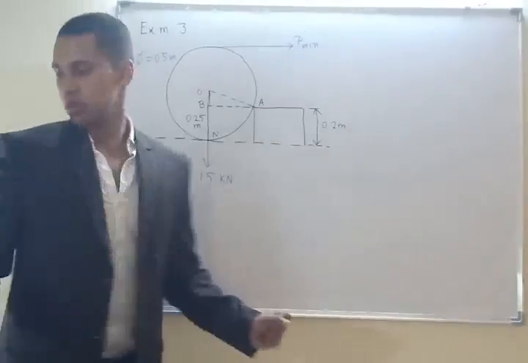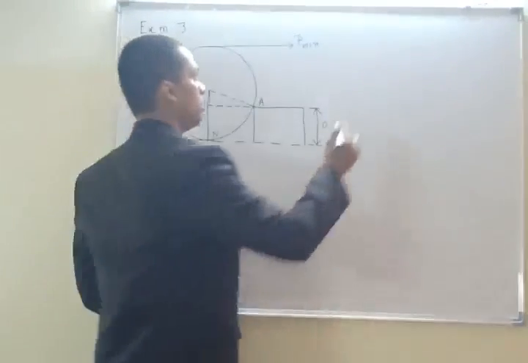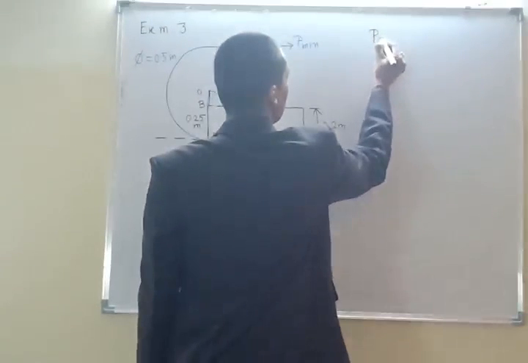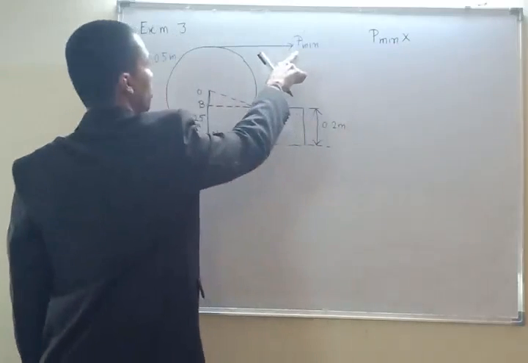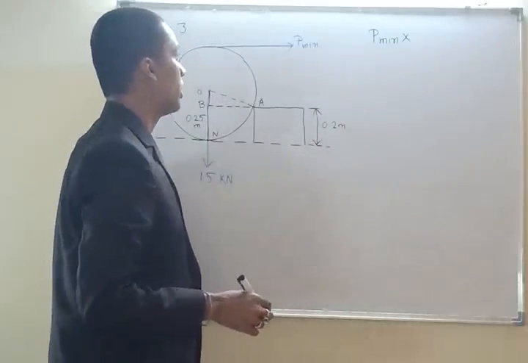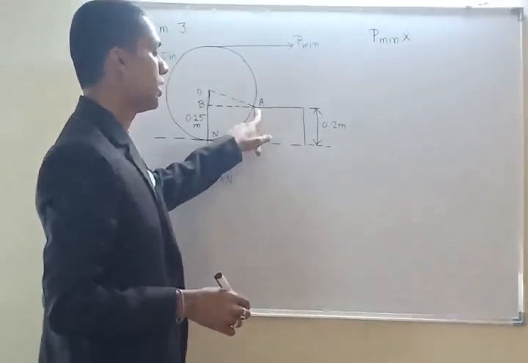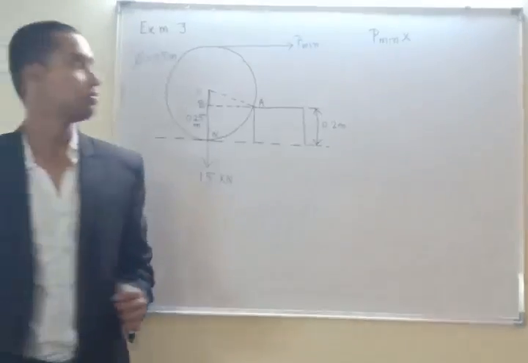Now we just need to equate the moment. So we can say P minimum multiplied by, this is the force, multiplied by, we are taking the moment about point A. First of all,